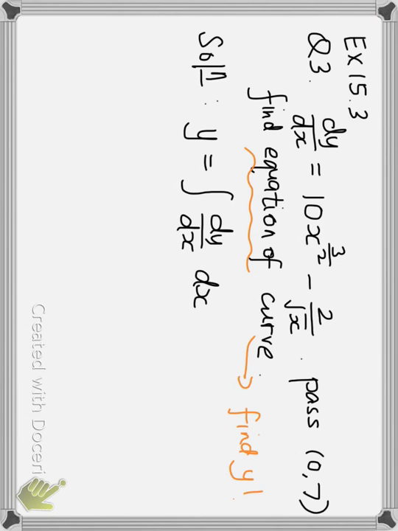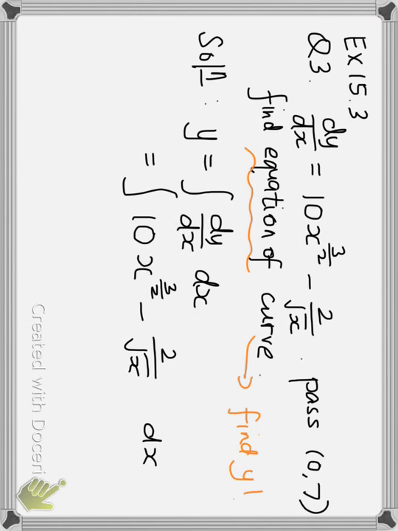So it's always there. Alright, so you are going to integrate 10x to the power of 3 over 2 minus 2 over square root of x, and then dx. Alright, so how do you integrate this? Again, 10x, you just have 3 over 2 plus 1, and then you divide that whole thing by 3 over 2 plus 1. And remember, because it is plus minus, you integrate